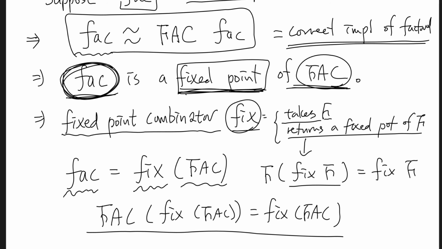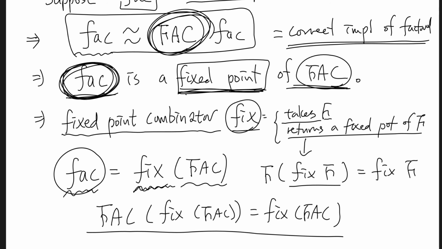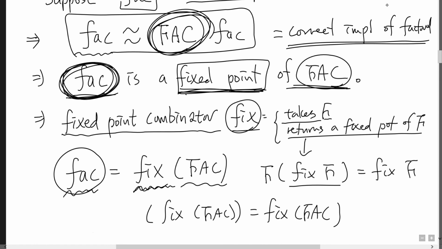So to summarize, in order to define the factorial function, first derive this capital factorial function, and then apply this fixed point combinator, and then you obtain this factorial function. Then what is the actual definition of this fixed